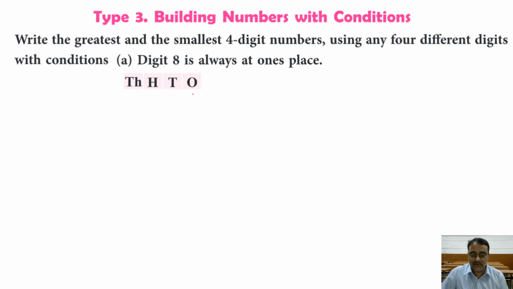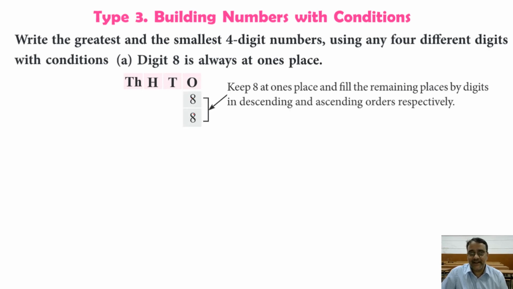चलो यहाँ पे हम लोग greatest number लिख रहे हैं, तो 8 को one place में fix कर दिए. Now the other numbers we have to write in decreasing order for greatest number and increasing order for smallest number. But we are taking all the digits, so we are taking 0 also. So 0 you have to write in second place for smallest number. तो यहाँ पर आ जाएगा 9, 7, 6, right? And यहाँ पर आ जाएगा 1, 2. यहाँ पे 0 फिक्स किए थे second place में.